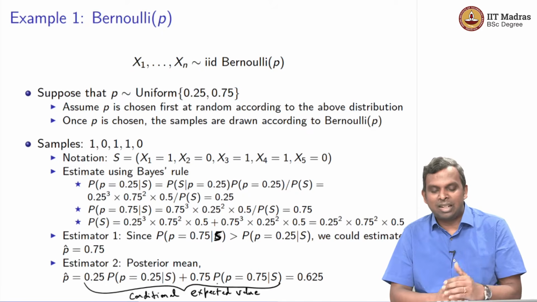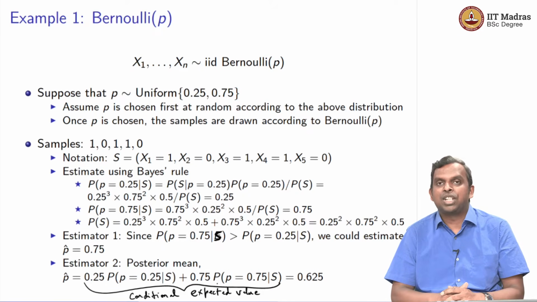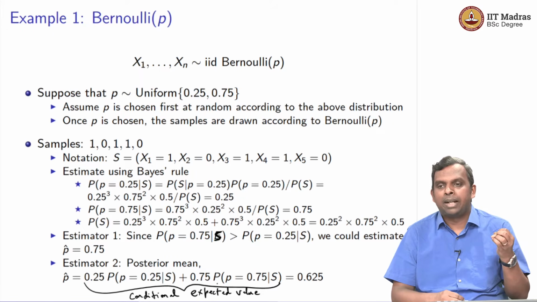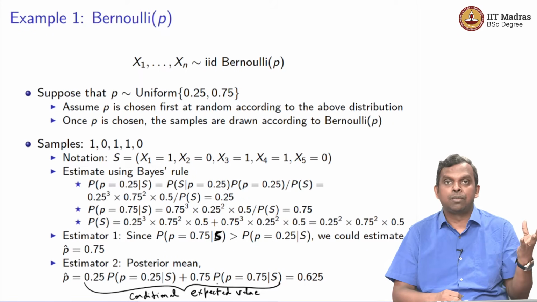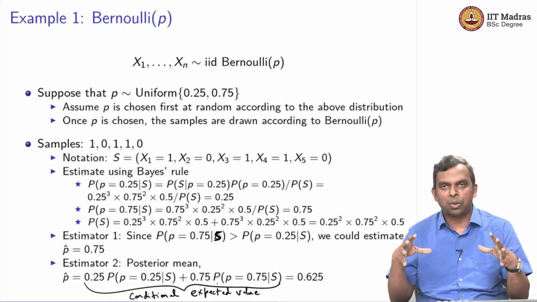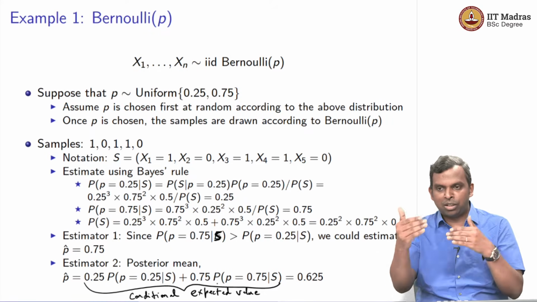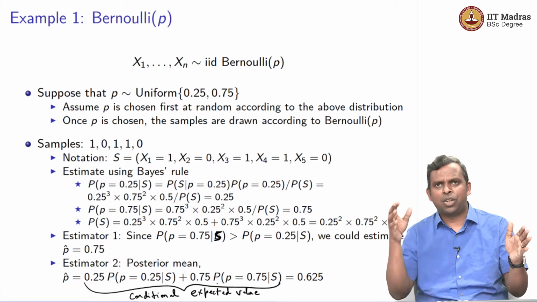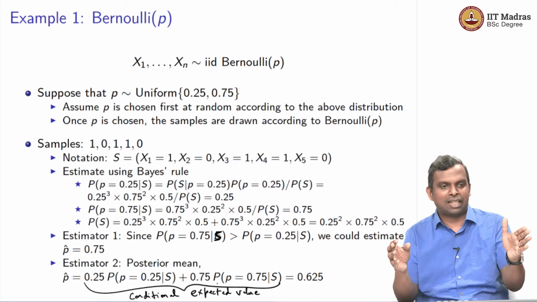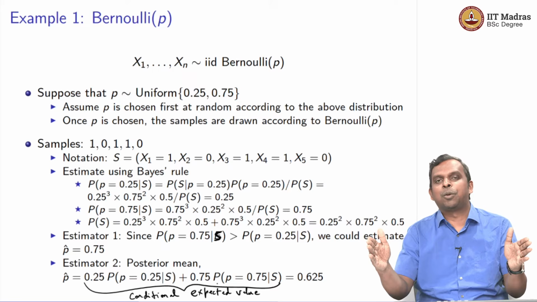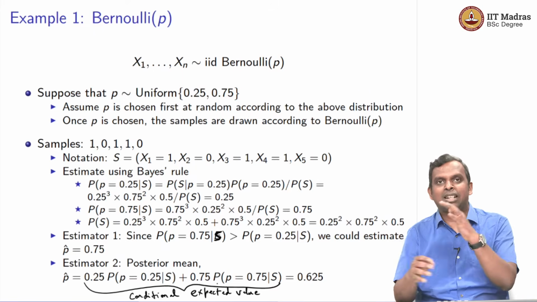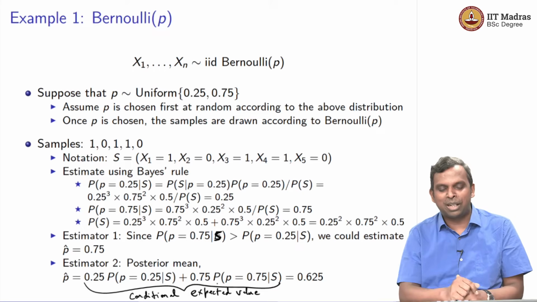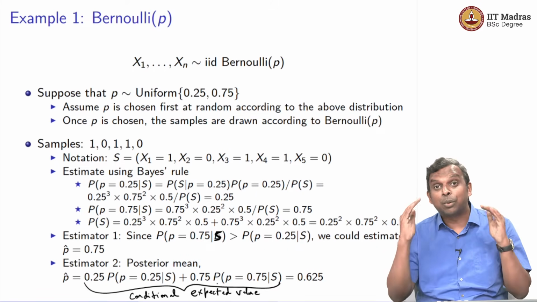So, this is a typical Bayesian estimation approach. You assume that the unknown parameter has some distribution and then you use simple Bayes rule. So, you have this two-stage process: the unknown parameter is first chosen and then the samples are generated. So, you have a typical Bayes rule situation. You observe the samples, what is the probability that the unknown parameter was something. So, you have that calculation of this inverted conditional probability using Bayes rule, and then you do this posterior mean,